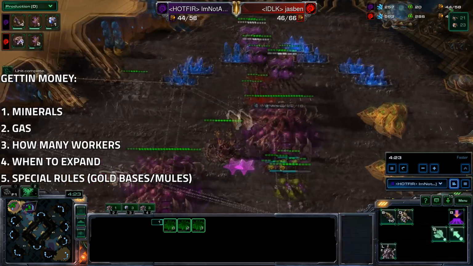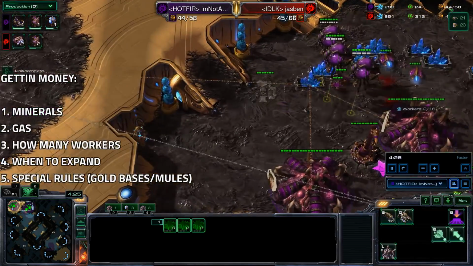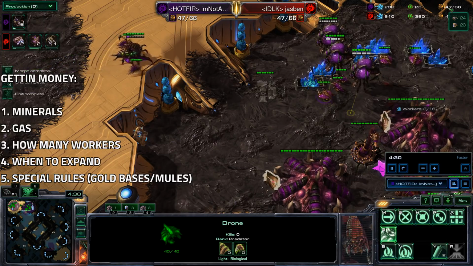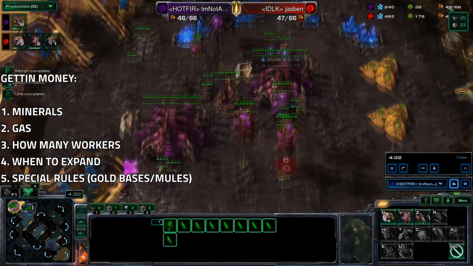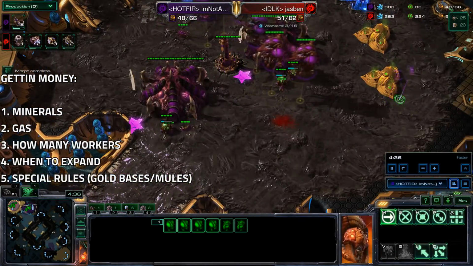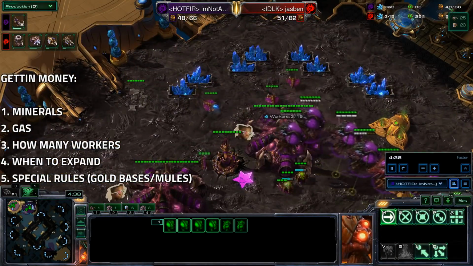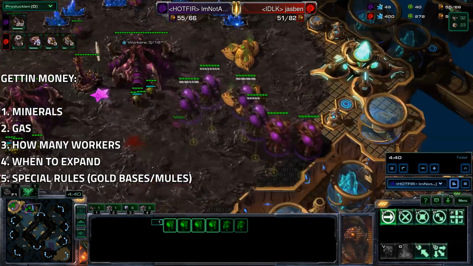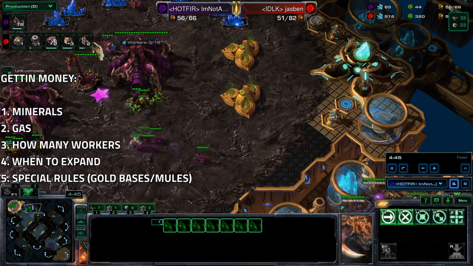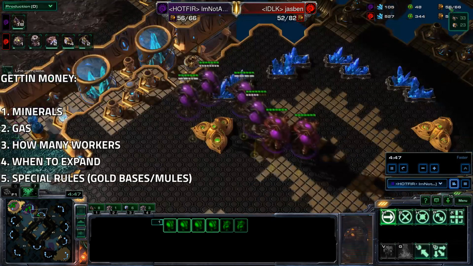A lot of new players, they have a tendency to get too much gas too early and then have no real way to deal with it. So I would recommend for every about 15 workers you have 3 of them mining gas, and that way you'll have a good spread. If you're Protoss, you're a little bit more heavy on the gas. I'd say about 12 workers, you have a gas geyser. So that the simple thing is when you have about 44 to 45 workers, you have maybe 3 gas geysers